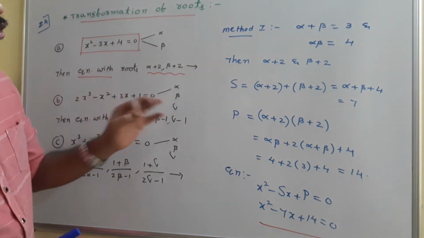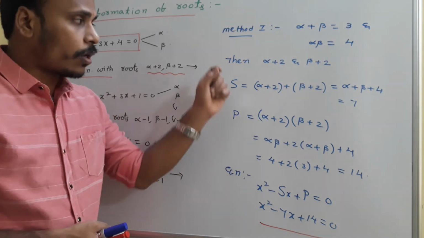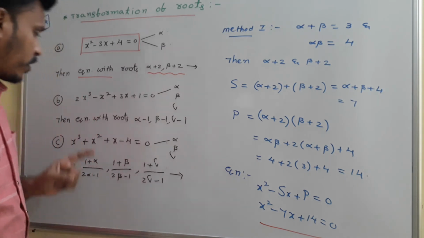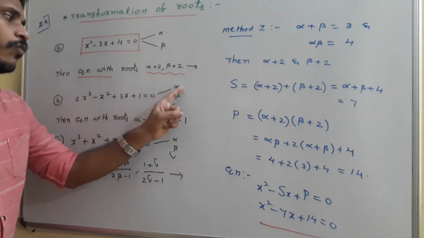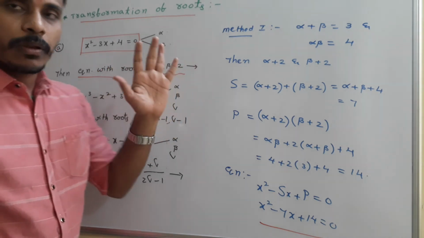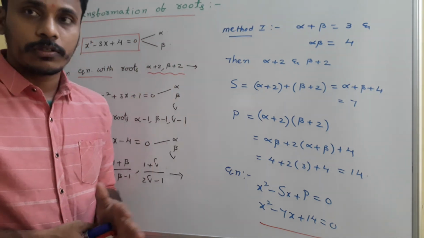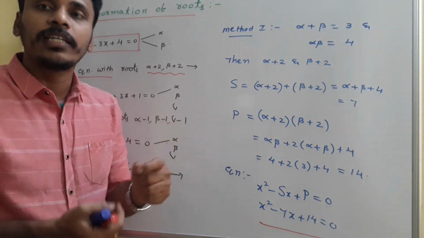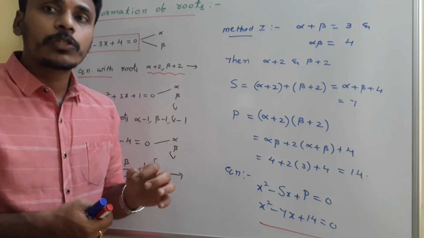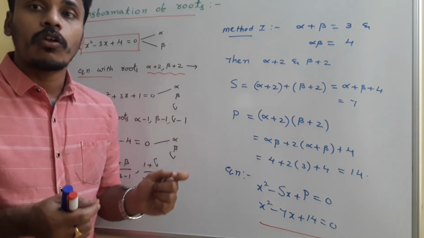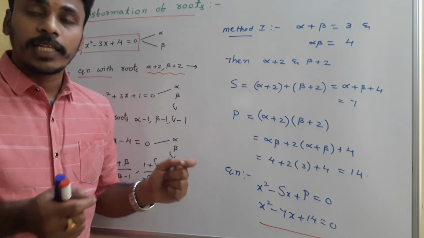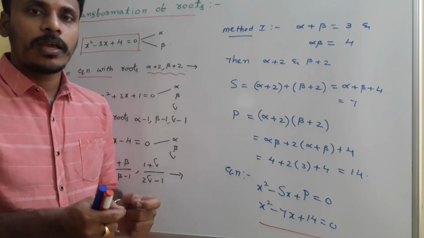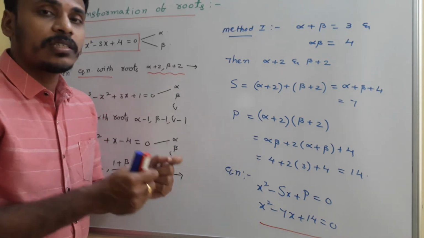You just have a look at how we solve the problem. This method is also applicable for the second problem where a cubic equation is involved with 3 roots. This method is also applicable for a 4th degree equation having 4 roots. But this method becomes lengthy and complicated for 3rd degree and 4th degree and more than that. And that's why we need a generalized method to solve any problem related to the transformation of roots. Now in method 2 I will mention that generalized procedure. You just have a look and then I will give you the generalized procedure.